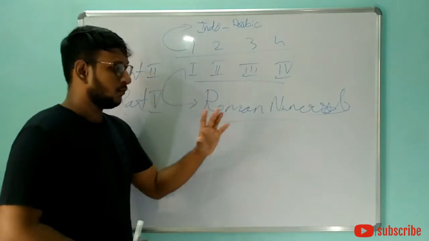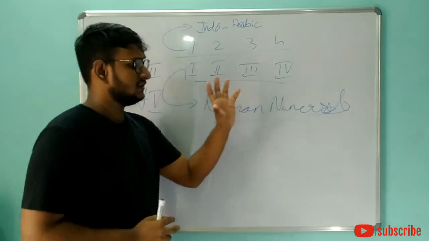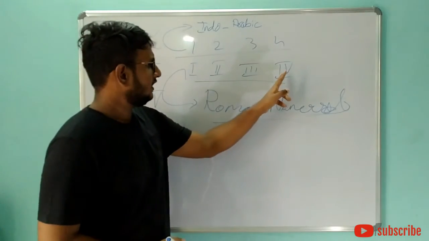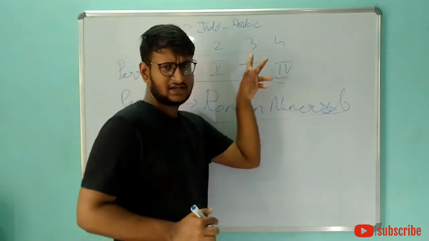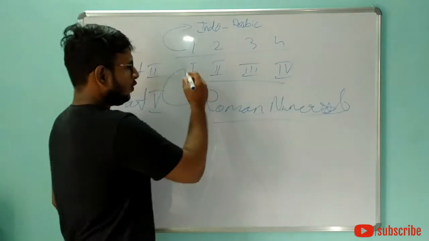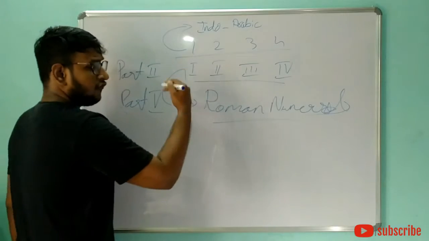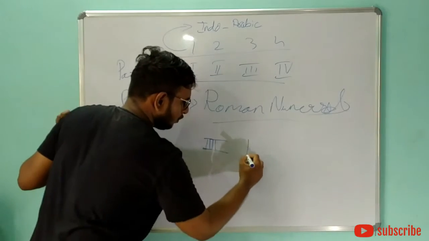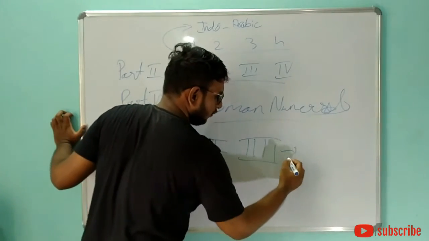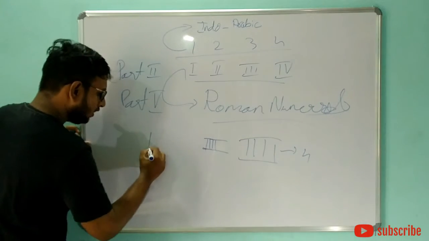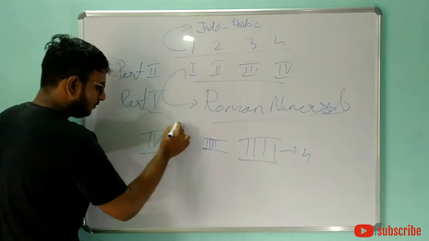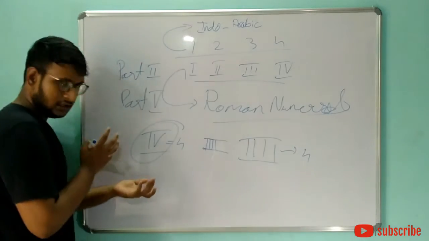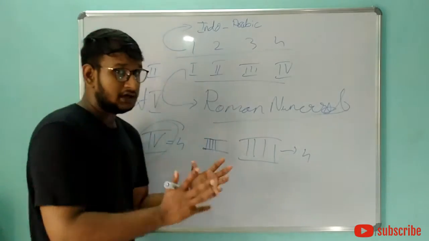So I started to learn about Roman numerals, and I also got curious why we are not using the same symbol for 1 to make 4. Why are we using a separate symbol for 4? Why can't we use 1 four times to represent 4, like four dashes? But we are not doing that. We are representing 4 by using another symbol, this one, which represents 4 in Roman numerals. So I got curious and started to learn about this, and I came across a property in Roman numerals.